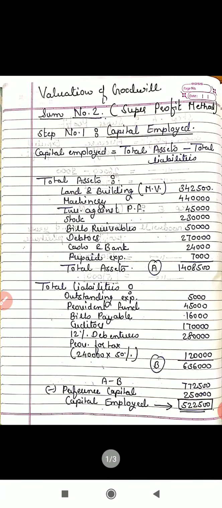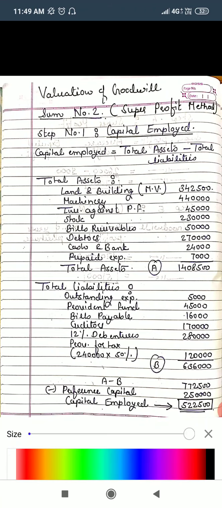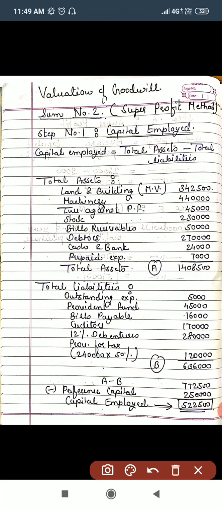Today we are going to start with the next sum of the valuation of goodwill chapter. Let us start with what chapter we are learning. Valuation of goodwill, and which method are we following? Super profit method. Before we start with our sum, let me revise the steps which we have to